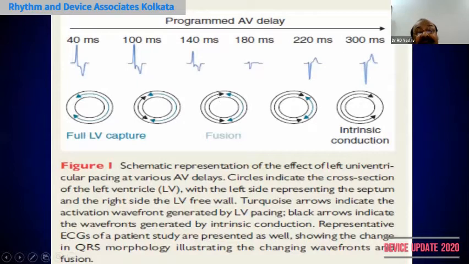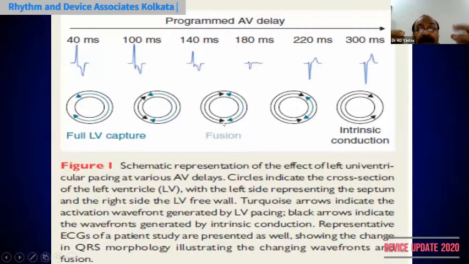But what you need is fusion from both the RV, either intrinsic conduction or RV pacing, and LV pacing, so that fusion occurs, and in that fusion the QRS is narrow. And if you pre-excite the RV more, or pure RV or pure LV pacing, then the right bundle depolarizes the whole ventricle, and desynchronous conduction will occur, and here we need this type of fusion,